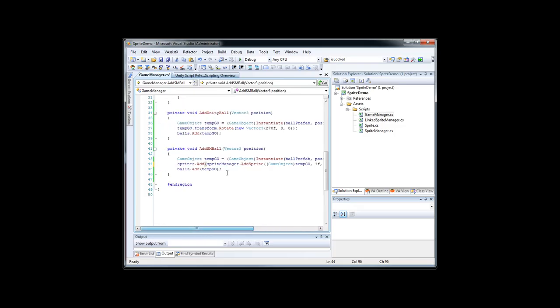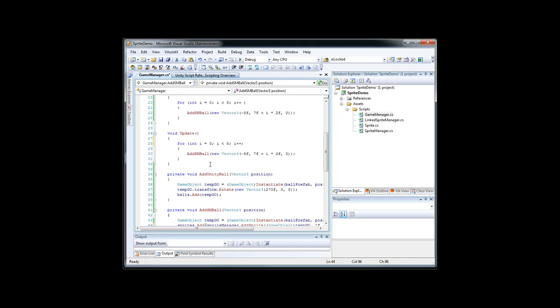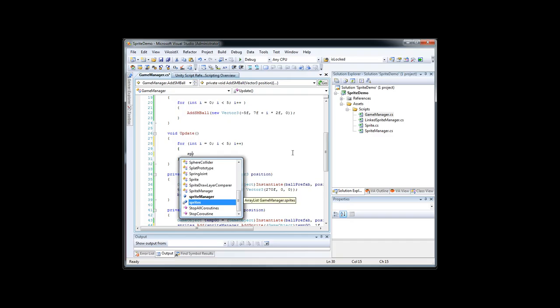What this line of code is doing is adding a sprite to the Sprite Manager, which is then going to return a sprite from this method, which is then going to be added to our sprites data structure. From there, I can come back up here to our update, and instead of doing add SM ball, I can do sprites dot